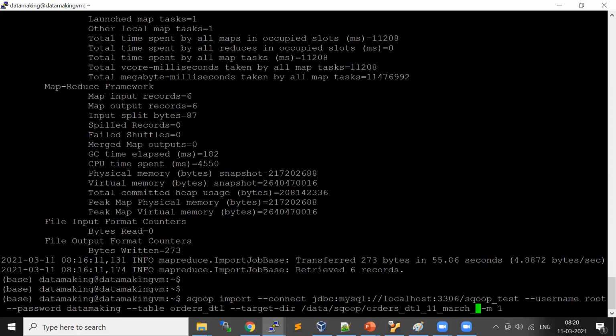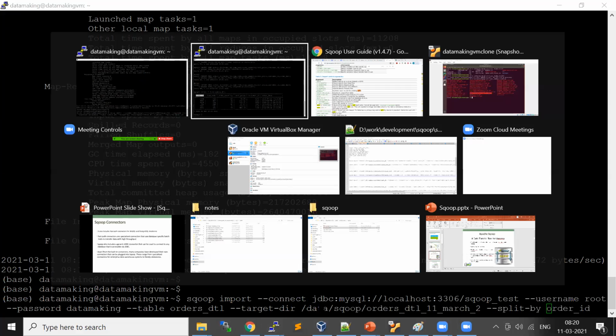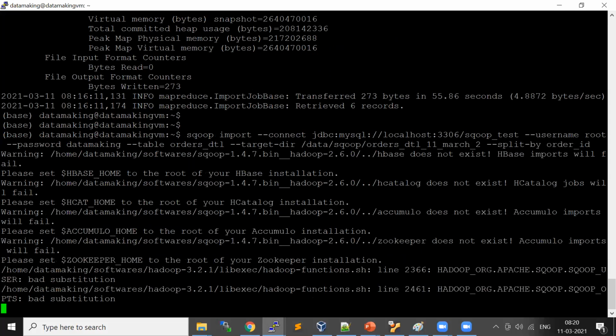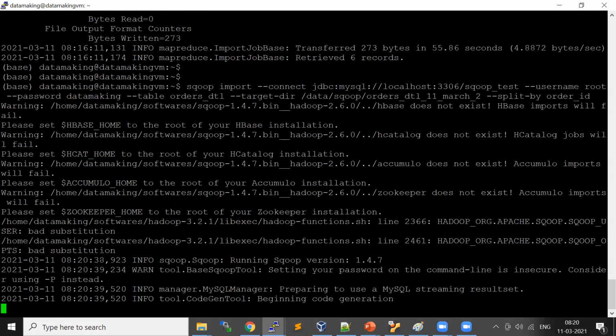I'll just use a new target directory with _2. Then --split-by, and give the column name.